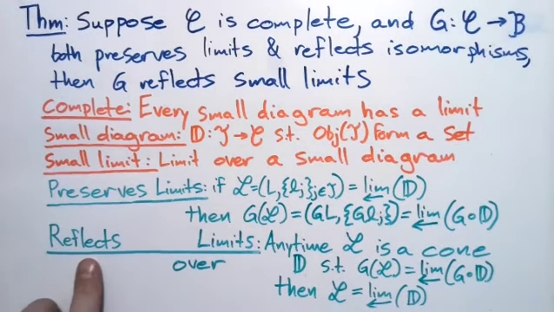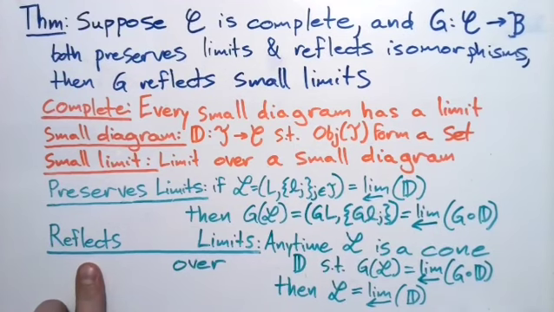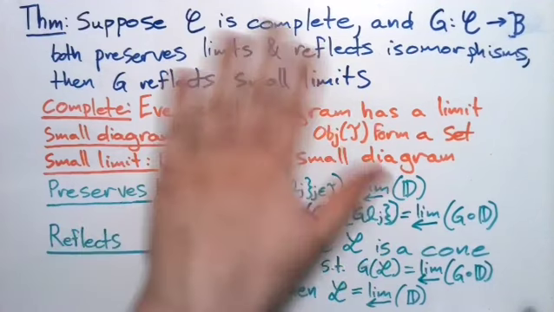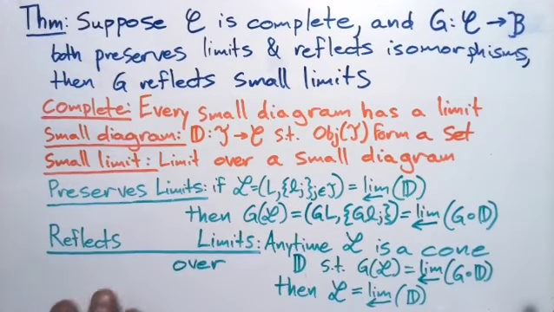And then reflecting limits sort of flips that definition on its head. And remember that reflecting limits has two versions, and so does preserving limits, actually. I just didn't write it here since it doesn't apply. But we can have the small and the non-small version. So let's look at the non-small version first. So reflecting limits means that anytime L is a cone over a diagram D, where the image of L under G is a limit over this composition,